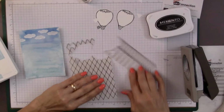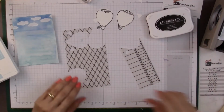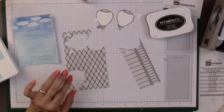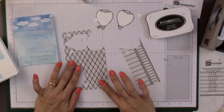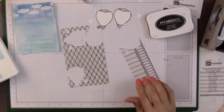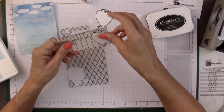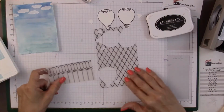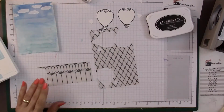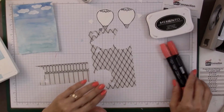So what I'm going to do is turn this piece this way, and grab some colors, because we're going to color in this vellum, and then we're going to place it on our balloons. And these will fit perfectly. We're going to cut these out. So the colors that I want to use are, I'm going to start out with